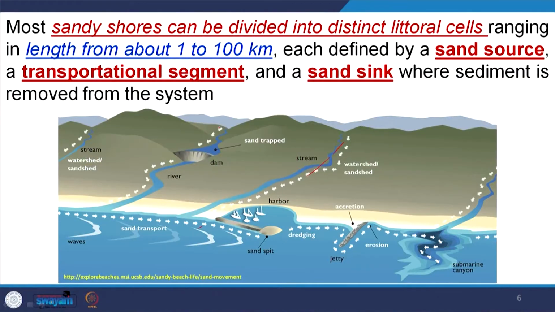Remember, when we are talking about this modeling in the geomorphology or introductory class, we are discussing that this sand sheet may not be continuous forever. There are some factors. Suppose, for example, in this figure you see the streams or the rivers coming, and this is the littoral current, this is the sand sheet which is forming along this coast.